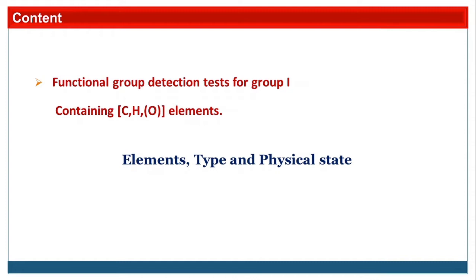So we have determined the type of the organic compound. Then for elements, we perform the element detection tests. So which elements are present in the organic compound? An organic compound contains carbon and hydrogen, oxygen optional. We have performed tests for nitrogen, sulfur, halogen and phosphorus. So according to that type and elements, we have to go for the particular functional group detection test. In this particular video, we will learn the functional group detection tests for organic compounds which contain